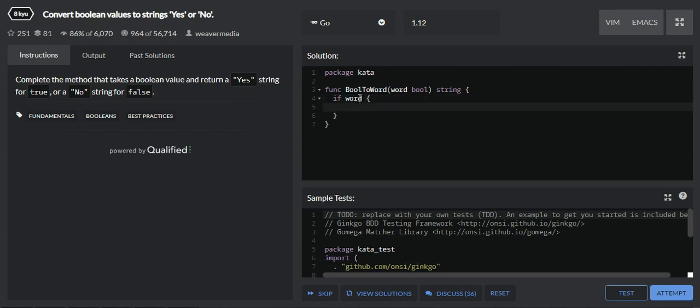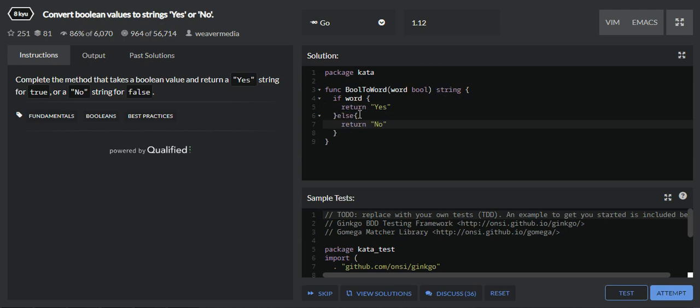If the word has the true value, then return yes. I am giving it as a string because the return type is string. Otherwise we can directly write else, that is the word has the false value, then I'll return no.